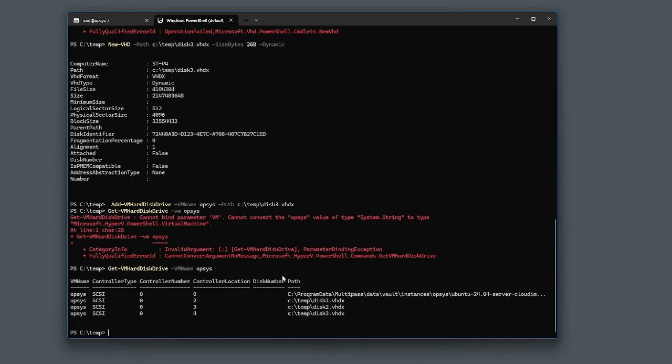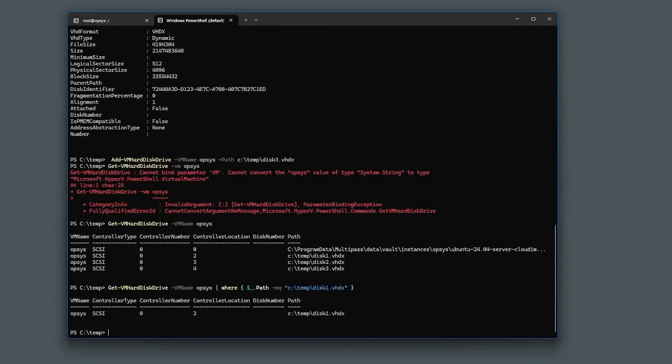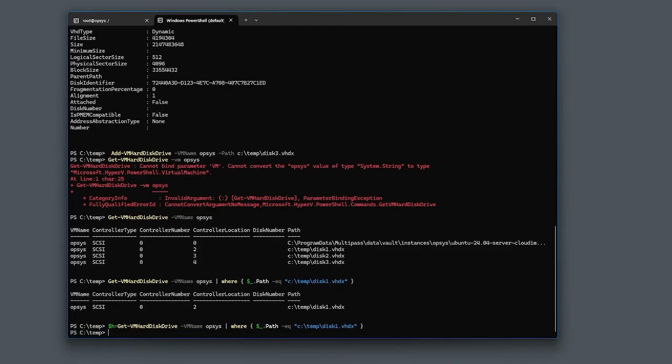In order to remove it, this is an object from PowerShell, so we need to access this line first. So what we can do is the following command. We list all the objects and then we say Where-Object, and the path equals, this is simply the selection of the correct disk based on the path name. So when the path equals the first one, this gives us this object. The problem is, for removing a disk we need to have the PowerShell objects and not the name only. So this gives us the first disk, and we can assign this to a variable, $h equals this one, and then $h contains this disk number 1,